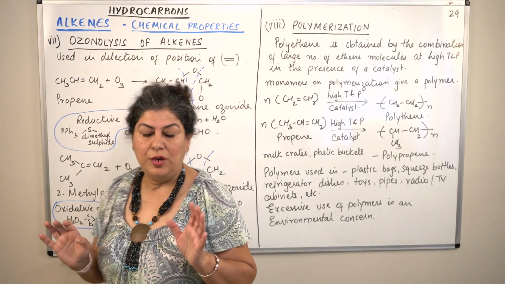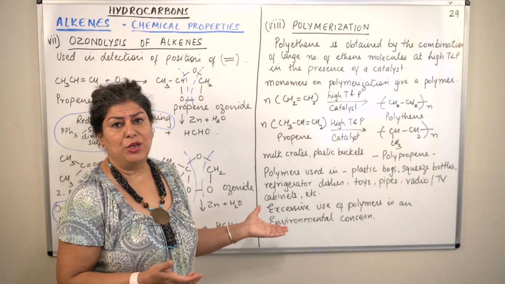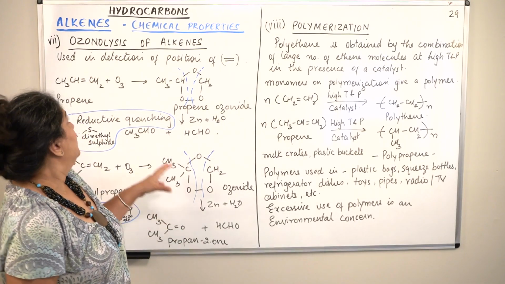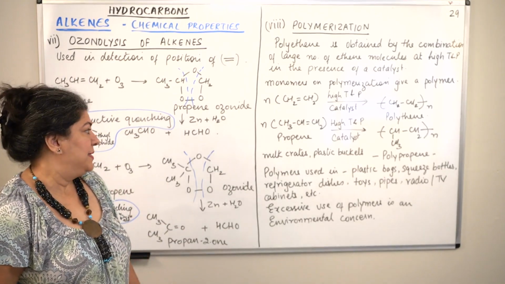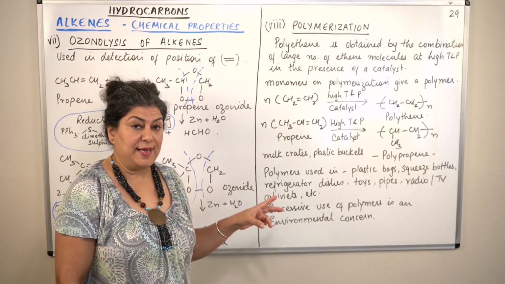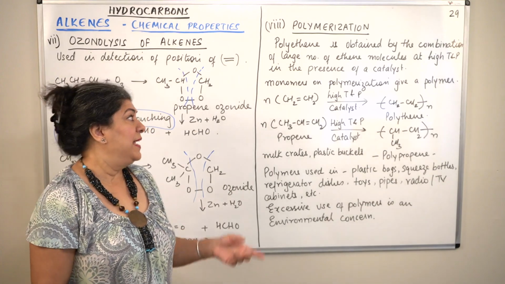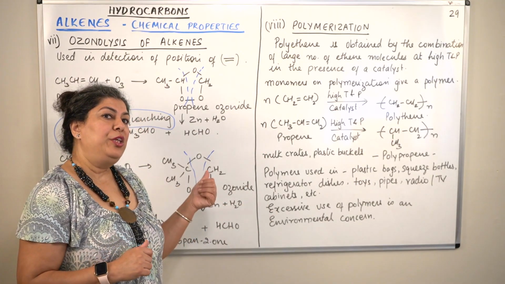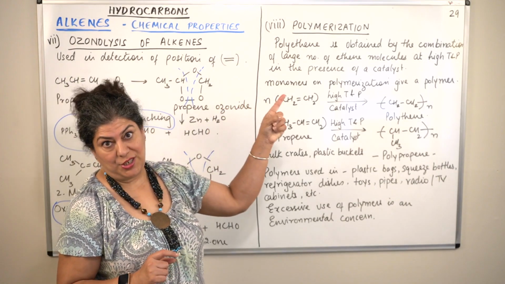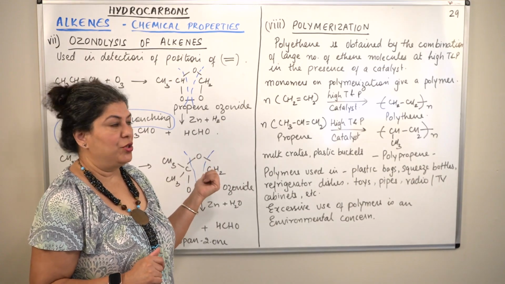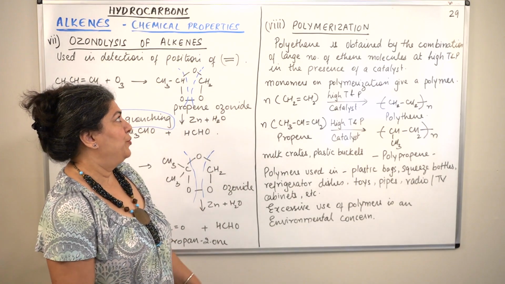And that will give you your products. And then name them, give the IUPAC names for those products. So that was ozonolysis of alkenes. There are a few questions on ozonolysis in the textbook exercise, and I would like to cover that. Since I wanted to finish this topic first, I will be doing those problems in part 30. So we'll do some NCERT exercise questions based on ozonolysis in the next video.